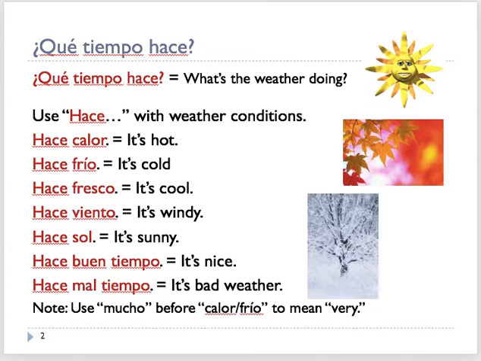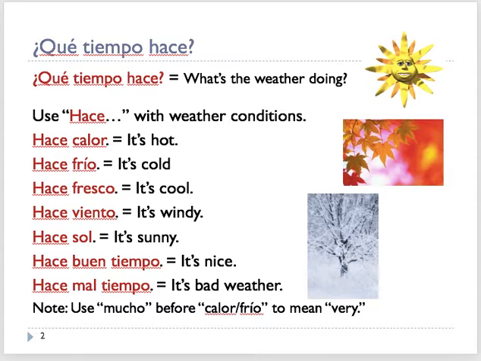Repetan. Hace calor. Hace frío. Hace fresco. Hace viento. Hace sol. Hace buen tiempo. Hace mal tiempo. Now notice that frío has an accent mark on the I, so it's important to remember that